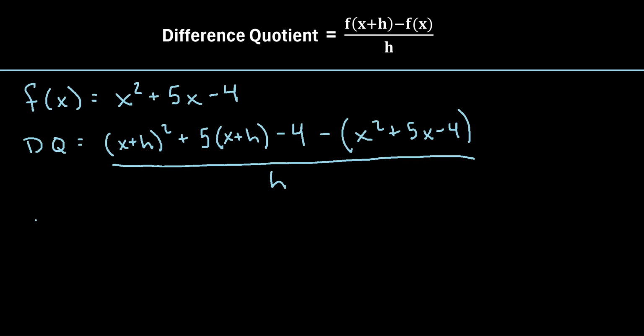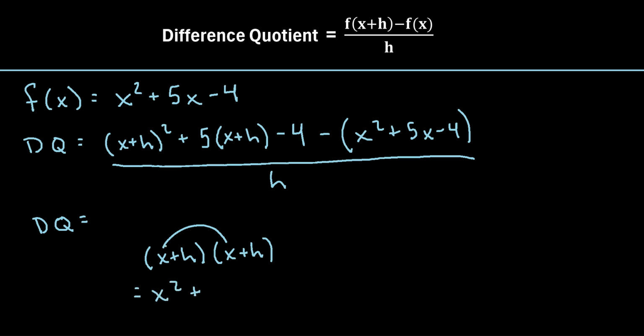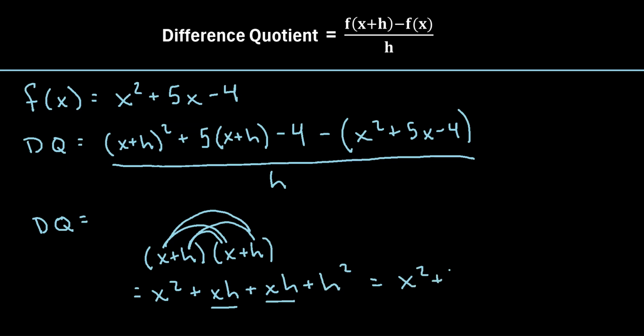So let's write dq. First, we have x plus h squared. So how can we expand that out? Well, x plus h squared, that's the same as x plus h times x plus h. So if you were to multiply these values out, you would get x times x, which is x squared, plus you would have x times h, so plus xh. And then here you would have h times x, so plus, that's the same as xh, times h times h, so plus h squared. So we'll notice we have two xh's, so we can write this as x squared plus